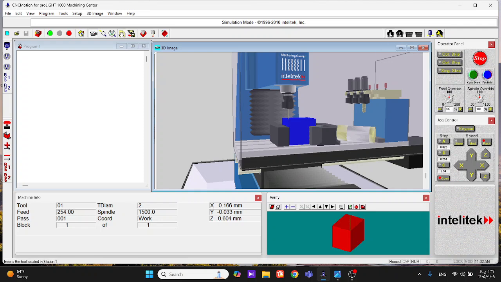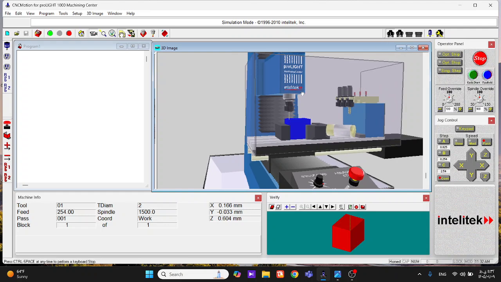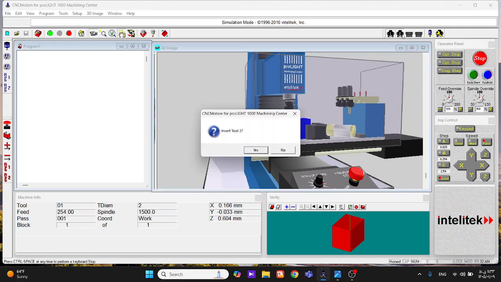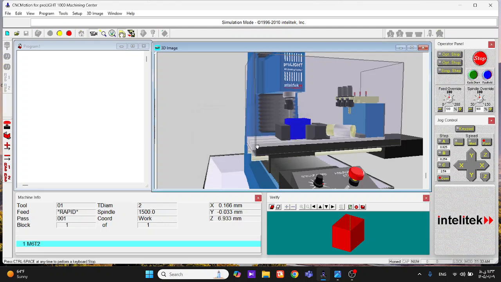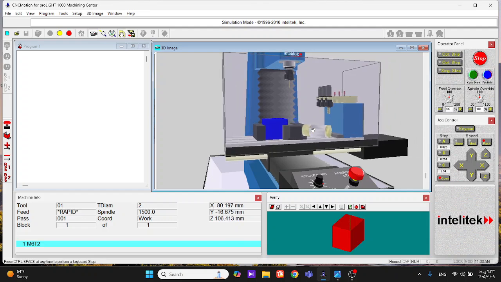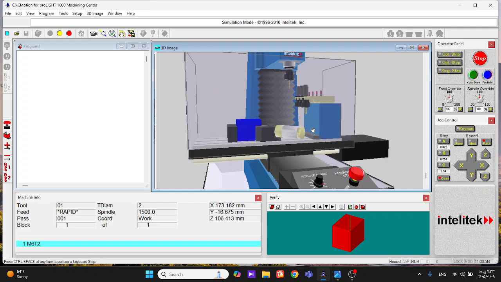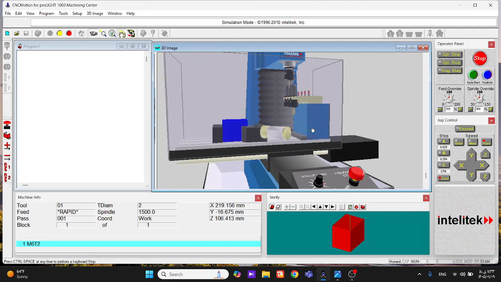From here you can change the tools by clicking here. For example, now station 1 is in use. I said, for example, go for station 2. Take the tools from station 2. I will select 2 here and then insert the tool number 2. I said yes. As you can see, the machine will go to station 2. Automatically, whatever you see here is exactly happening to the real machine in the workshop right now because they are connected. So you see, it will put the